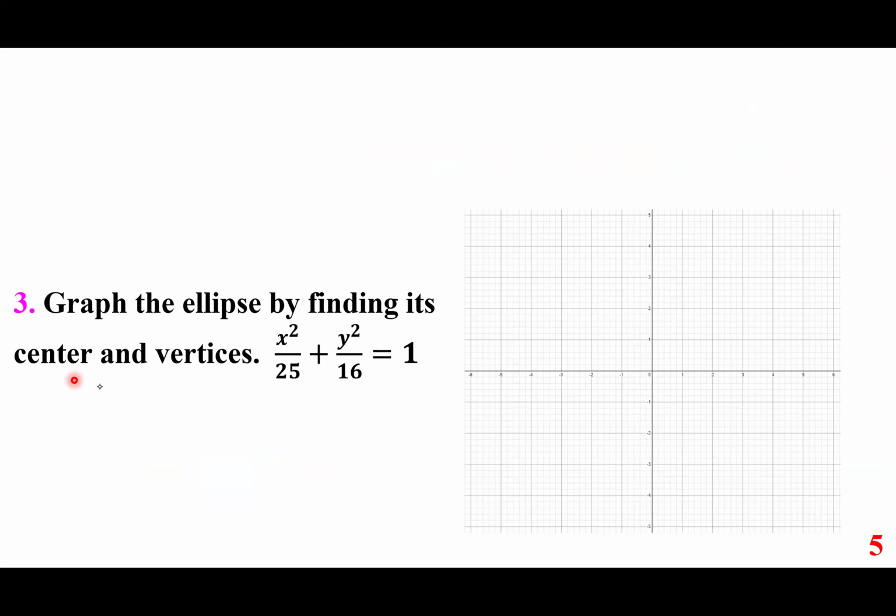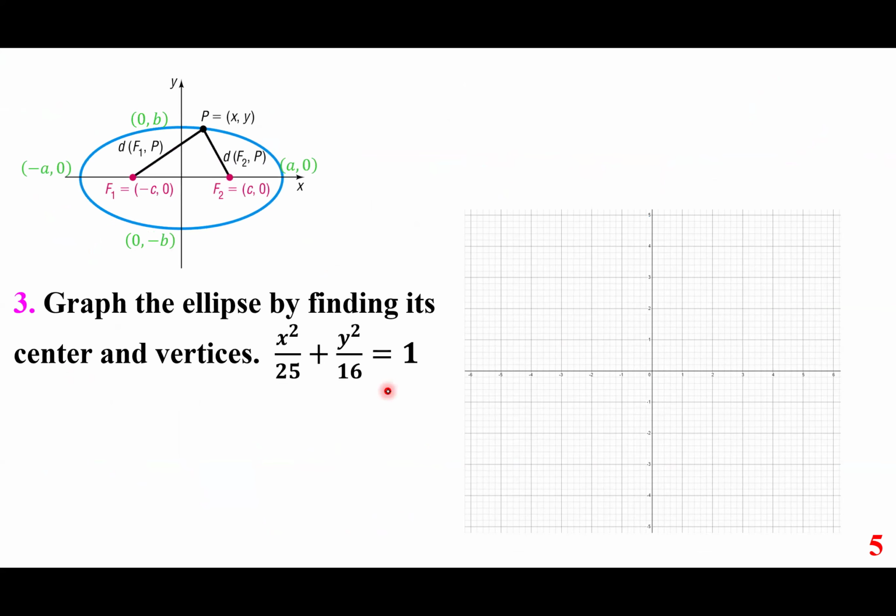Graph the ellipse by finding its center and vertices. X squared over 25 plus y squared over 16 equals 1. So let's discuss an ellipse. So here's a shape of an ellipse,